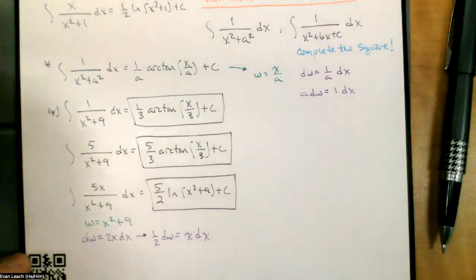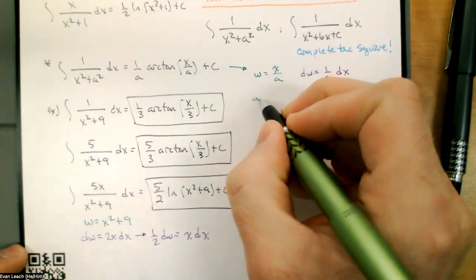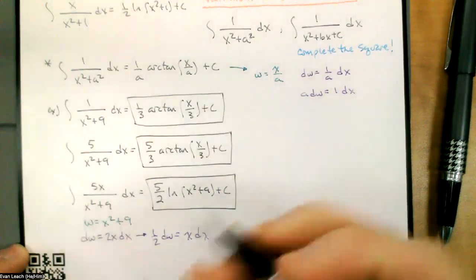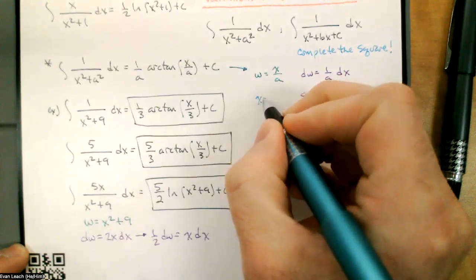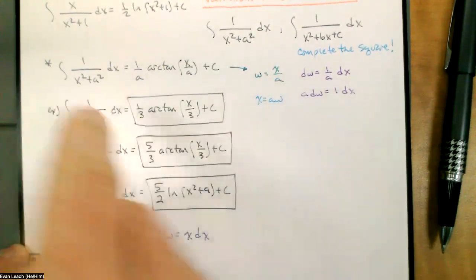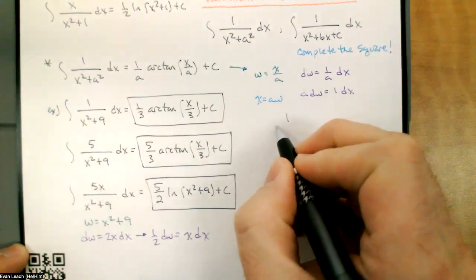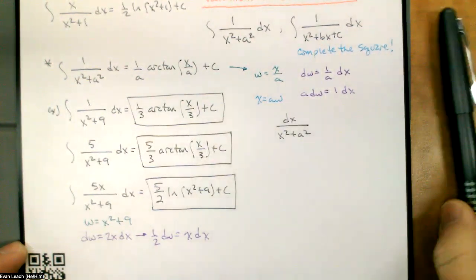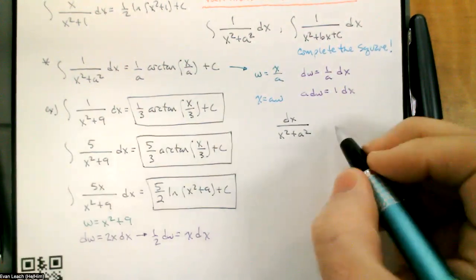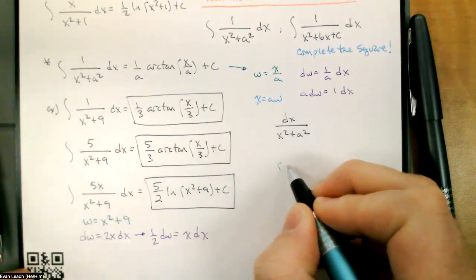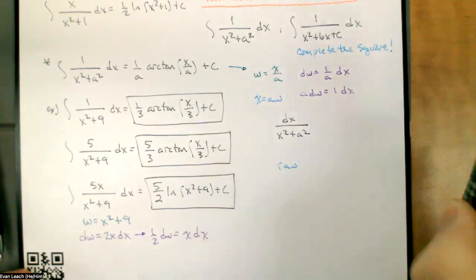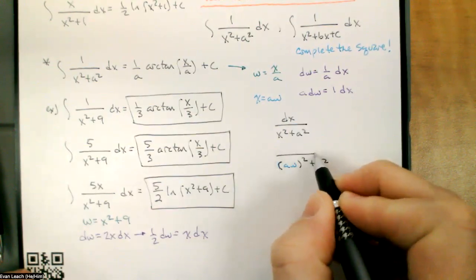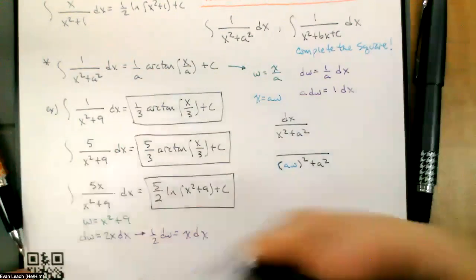So if w is equal to x over a, then that means that aw, oh, we usually did blue for our resubstitutions, that means that aw is equal to x. And then we'll see what happens when we rewrite the expression 1 over, I'm going to put the dx on top, x squared plus a squared. If I replace the x squared with an aw, and replace the dx with a dw,